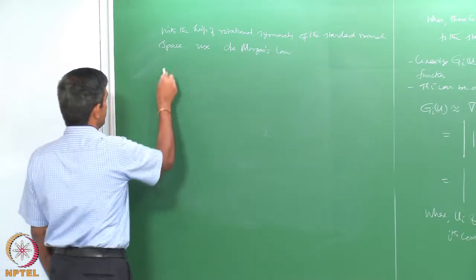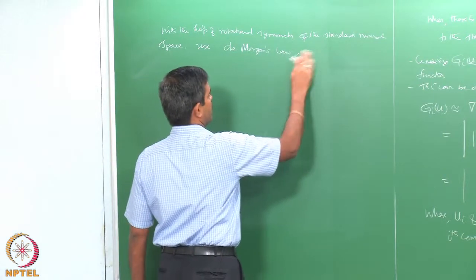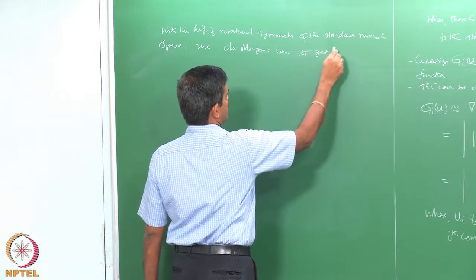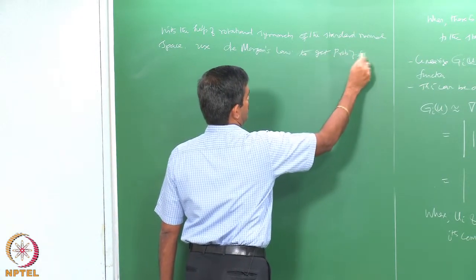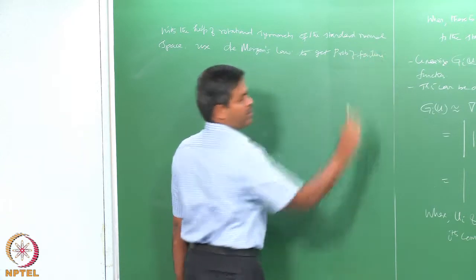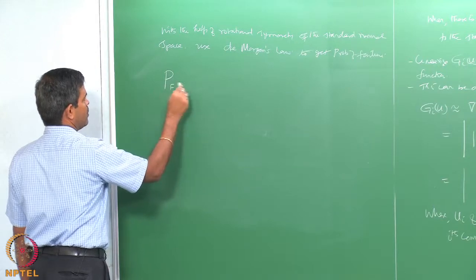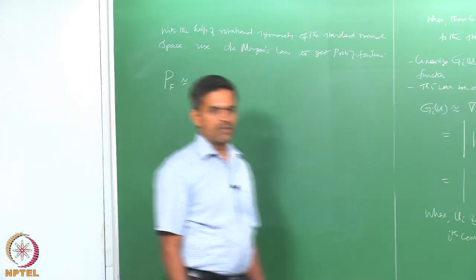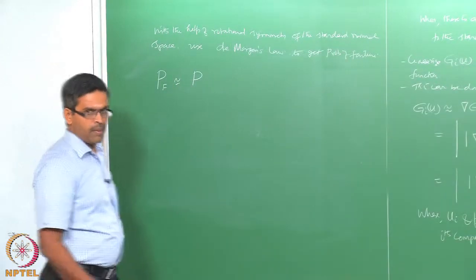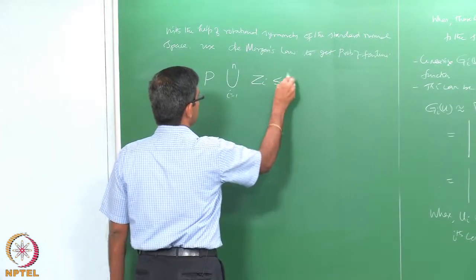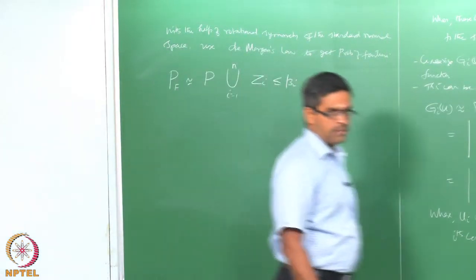So, in that case, okay, to get probability of failure, in that case probability of failure is given by probability of Z i less than beta i,